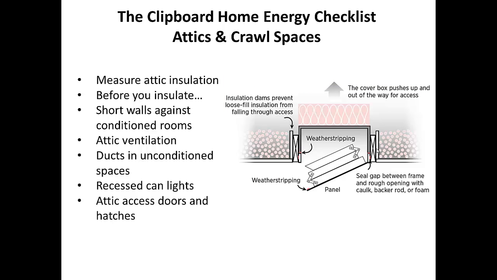And then another place where you can lose lots of heat is in your attic access doors and hatches. You can see here that this is a drop-down ladder that comes out of the ceiling, and they've got it set up so that when it's in its up position, this little piece of weather stripping is pressing up against this. There's a cap on it that has weather stripping here and here, so that what you've created is more of an airtight system. It takes kind of a handyman to be able to do some of this stuff,